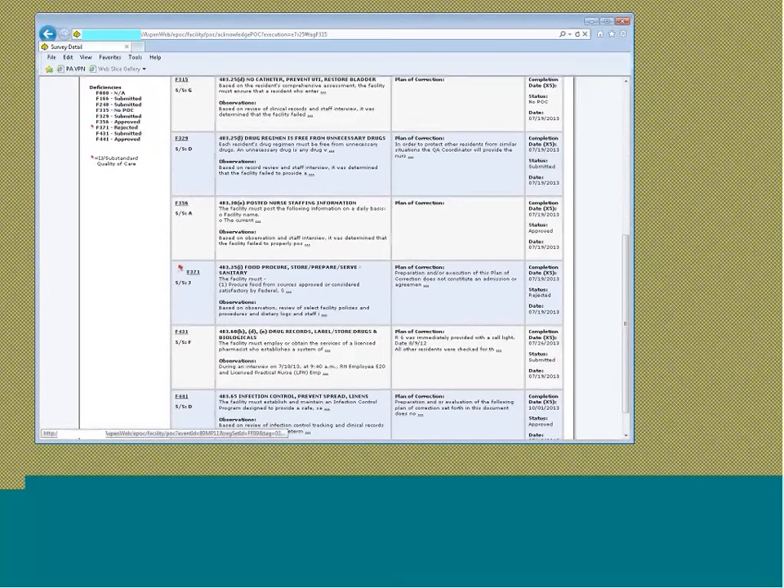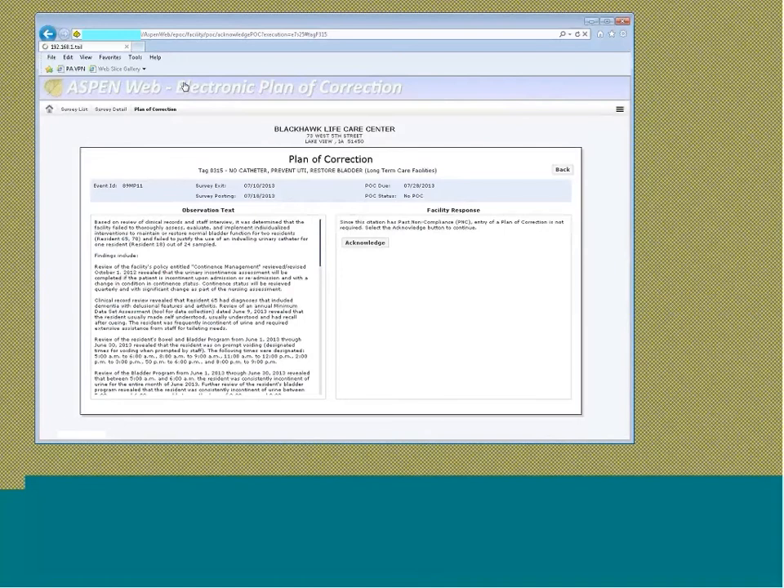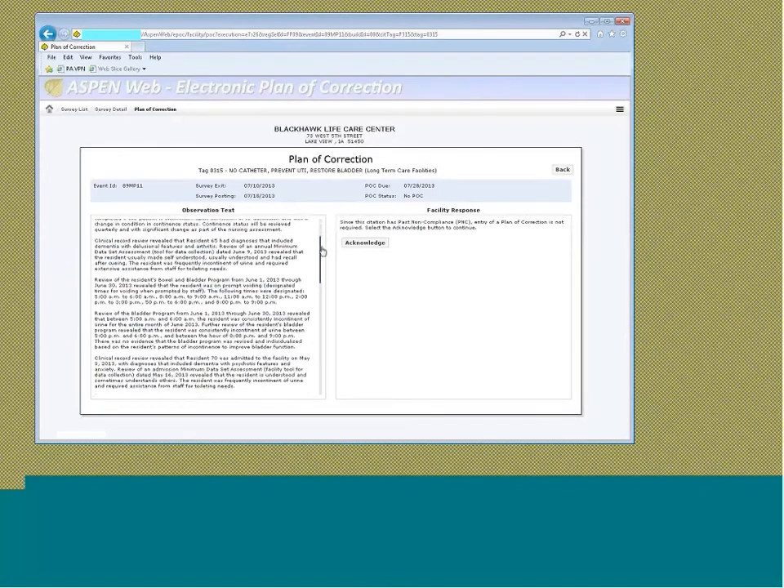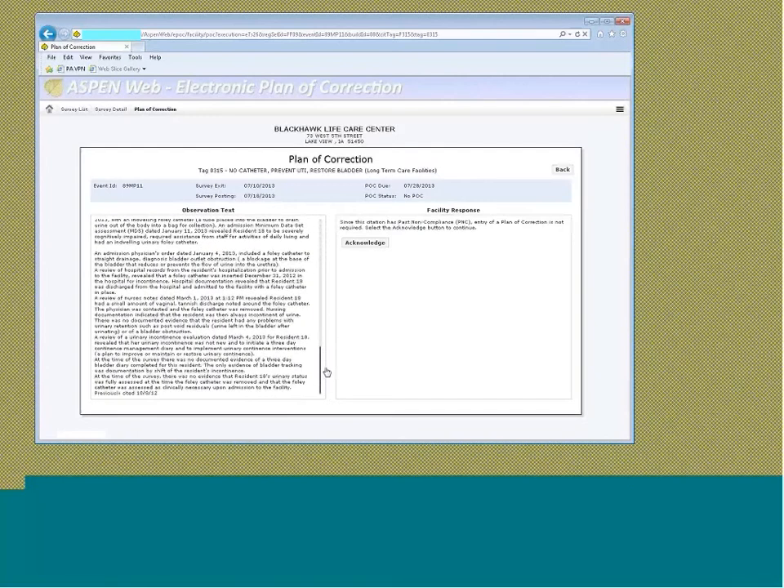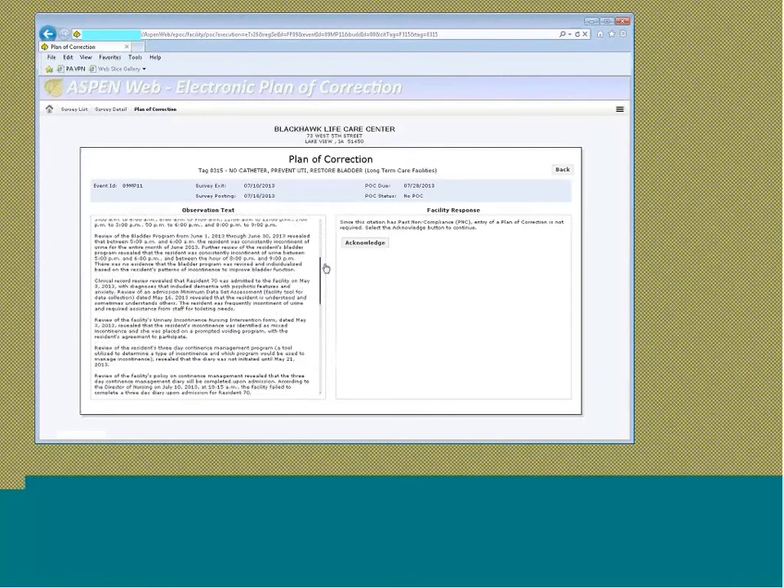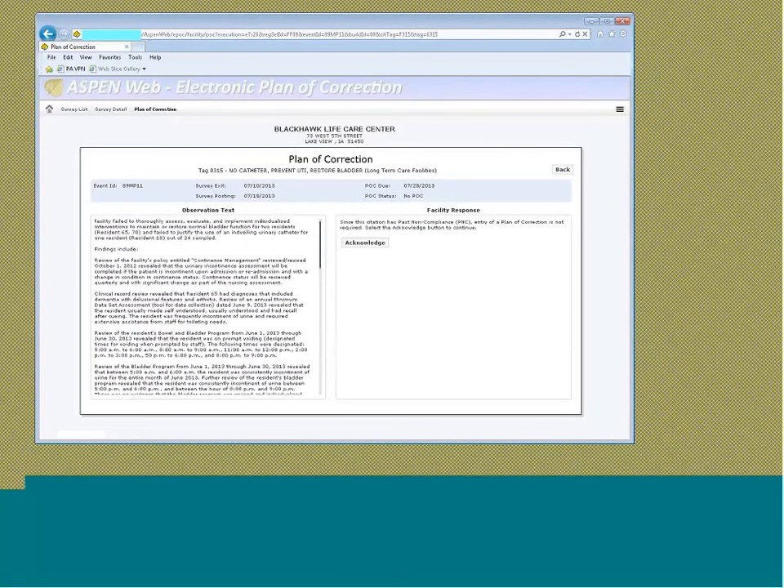When you open a past noncompliance tag, like tag 315, notice it's very similar in terms of behavior to what we saw in a scope and severity level A tag. Again, you have the capability to read the observation text that the state agency and regional office have provided for you. So you can read that observation text, but under the facility response area, again, you're notified that